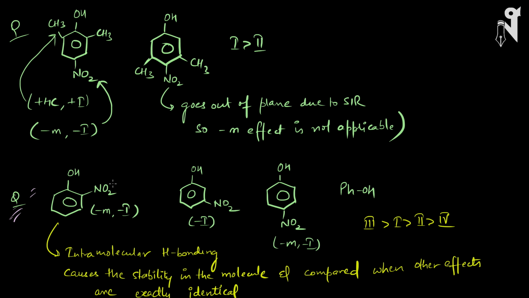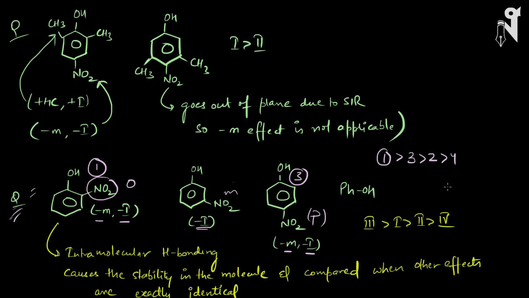So now in the next question we have phenol with NO2 on the ortho position, the meta position, and the para position. When the NO2 is on the ortho and para position, it has minus M and minus I working. On para also we have minus M and minus I working. Whereas on the meta position, it's only minus I which is working, no minus M. So basically acidic strength should be more for the first one and third one, and lesser for the meta one. Now ideally you should see that NO2 seems to be closer to the OH and it should be the most acidic. Then the order should be first, then third, then second, and then fourth.